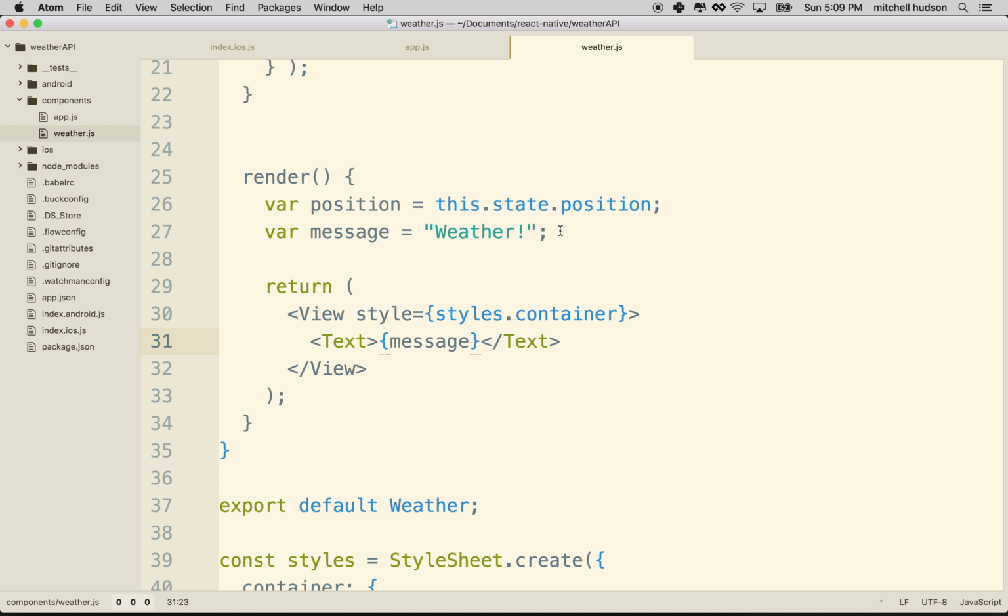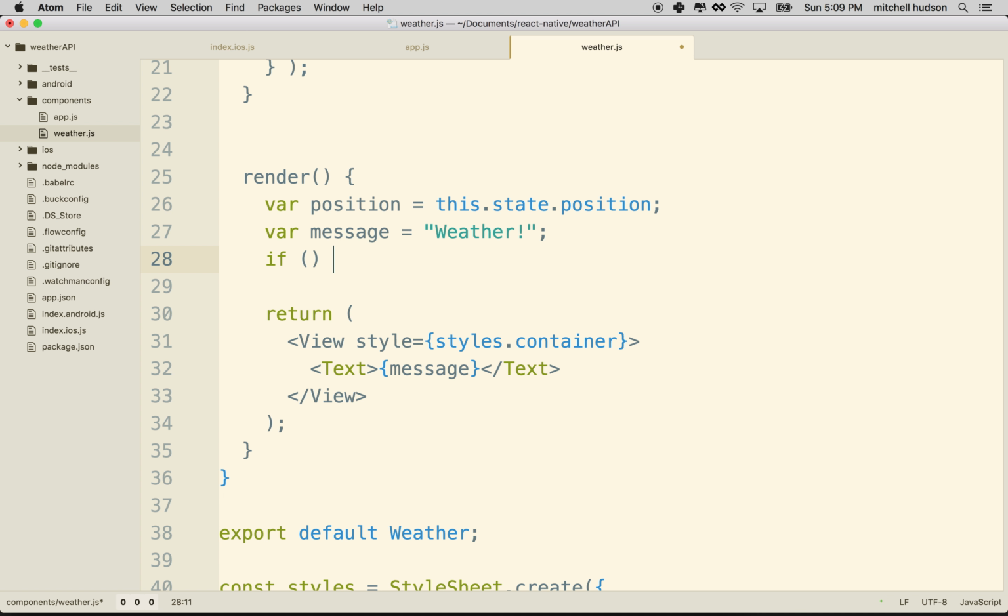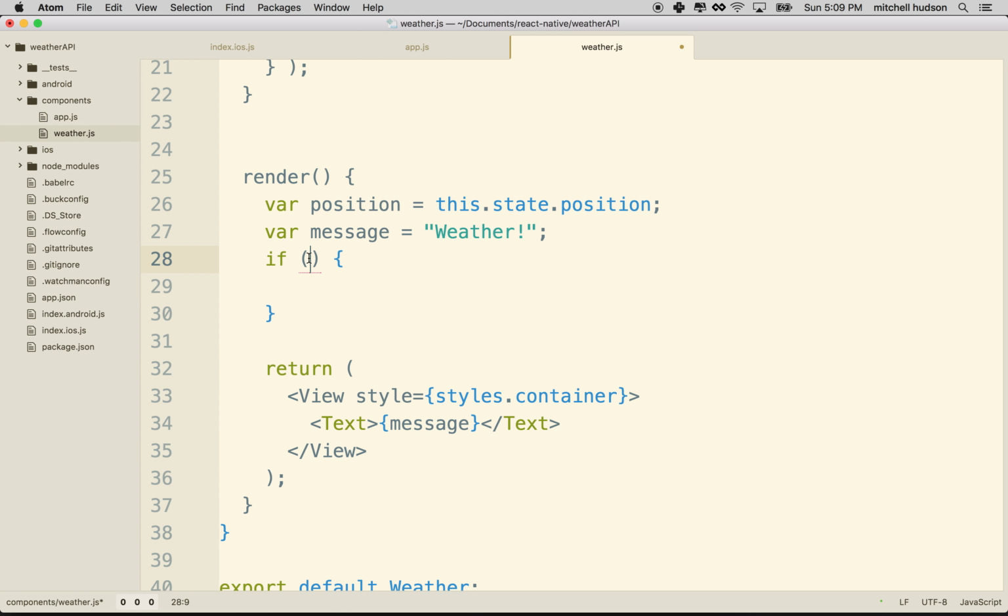Okay, so it'll print that out. But then you know what we'll do is we'll check it. We'll just say, hey, if position does not equal null, then we'll change the message to something more interesting, right? So we'll say message equals, and I'm going to use the ES6 string concatenation thing. So we'll use the two backticks, right? So that's the character to the left of the number 1. And what we'll do is we'll say latitude is, and then I'll use the $ sign with the curly braces, and